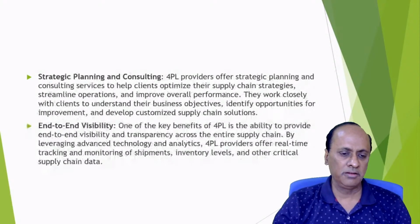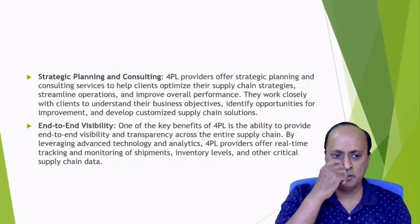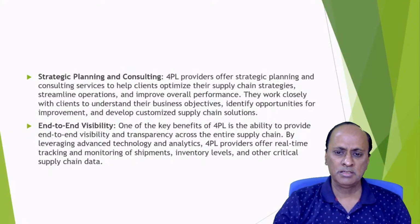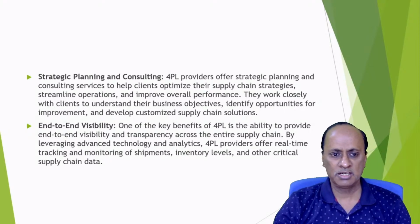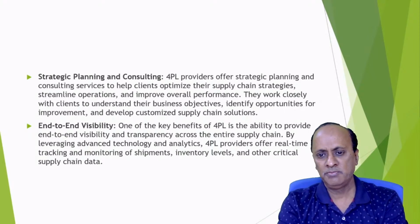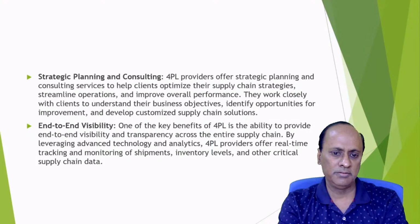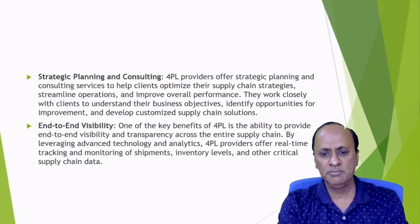Strategic planning and consulting. That means 4PL providers offer strategic planning and consulting services, that means long-term planning and consulting services to help the clients optimize their supply chain strategies, streamline the operations, and improve overall performance. They work closely with clients to understand their business and objectives, identify opportunities for improvement, develop customized supply chain solutions, and end-to-end visibility. One of the key benefits of whole